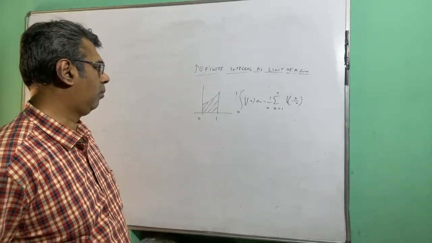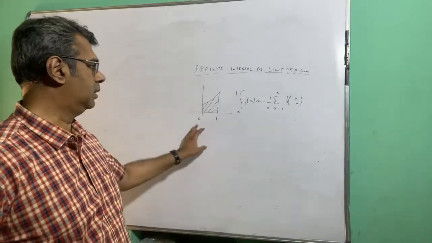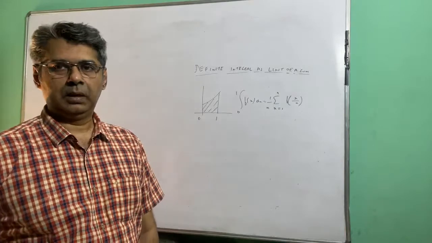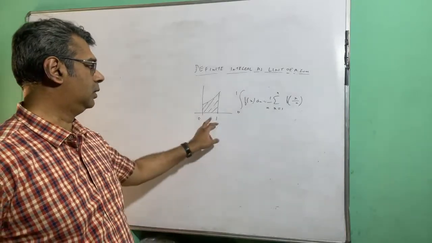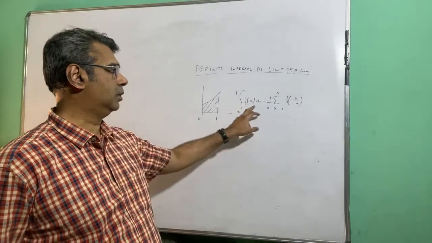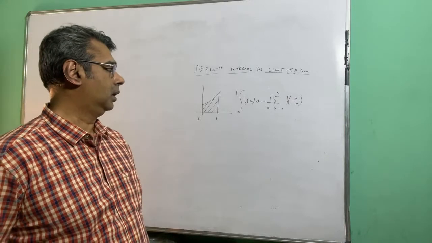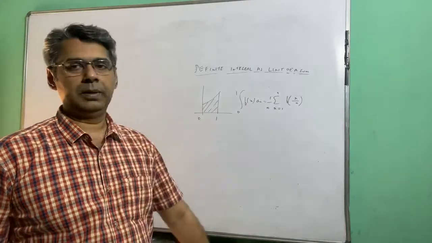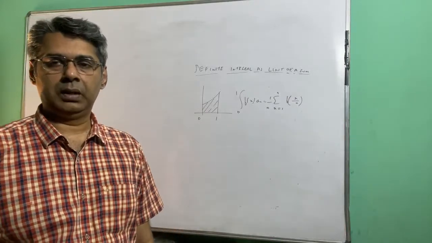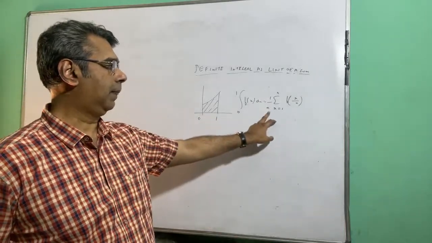So you want to find the area under a graph f(x) between the limits 0 to 1. You know this area is integral 0 to 1 f(x) dx. That is how you have to find the area. Now this area can also be found as the limit of a sum, that is 1 by n